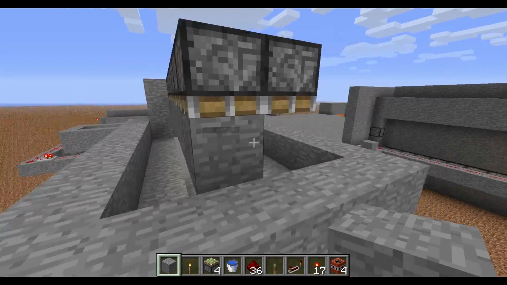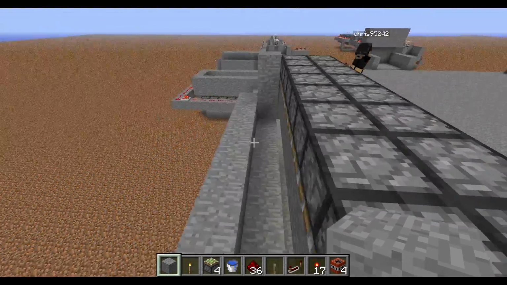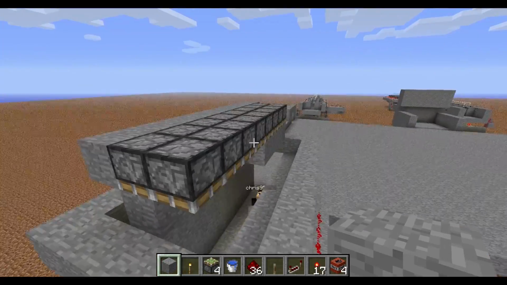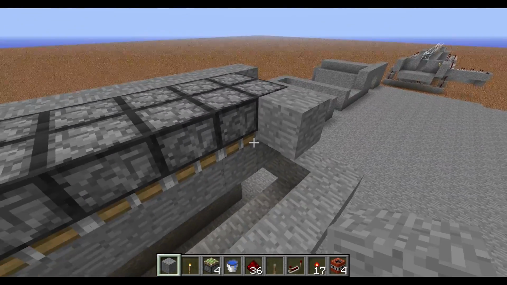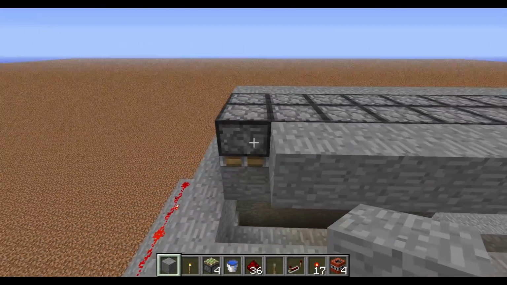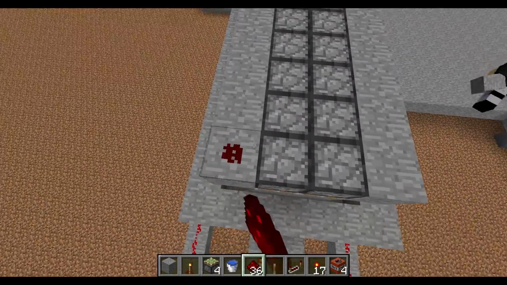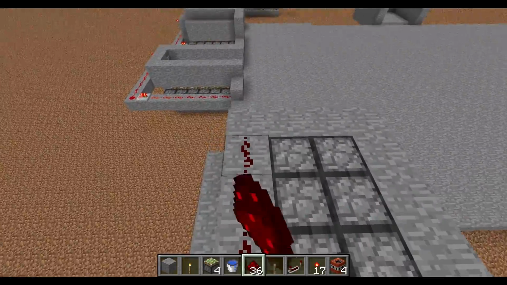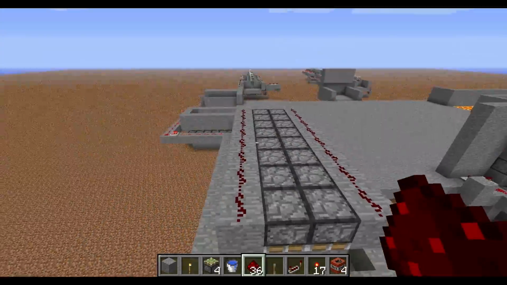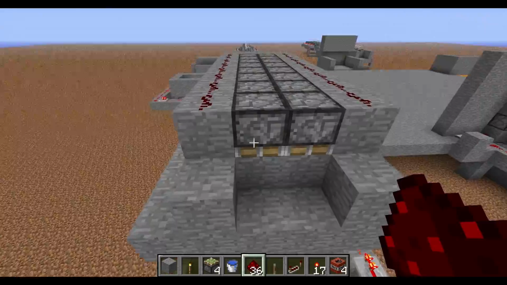Anyways, you're going to want to cover this both sides with stone, and also put sticky pistons on both sides. And then on either side of the sticky pistons, you're going to want to place stone and then place redstone on top so that both sides get current and get activated. Like this. This way when they get activated it goes down, the water stops, and when deactivated they stay